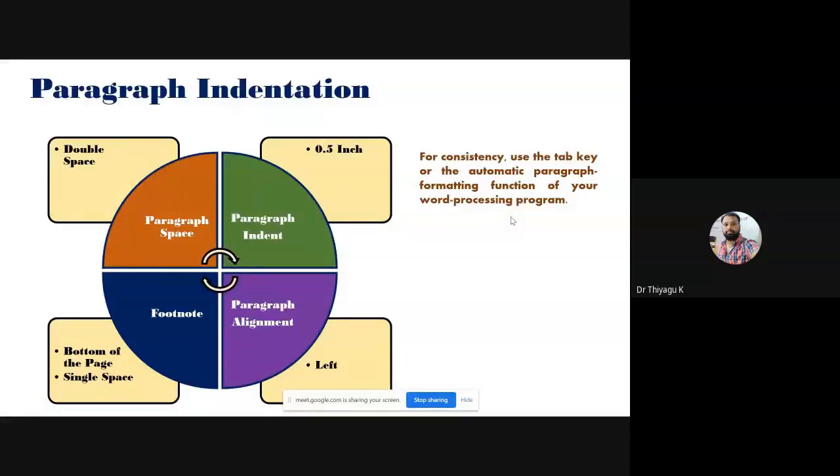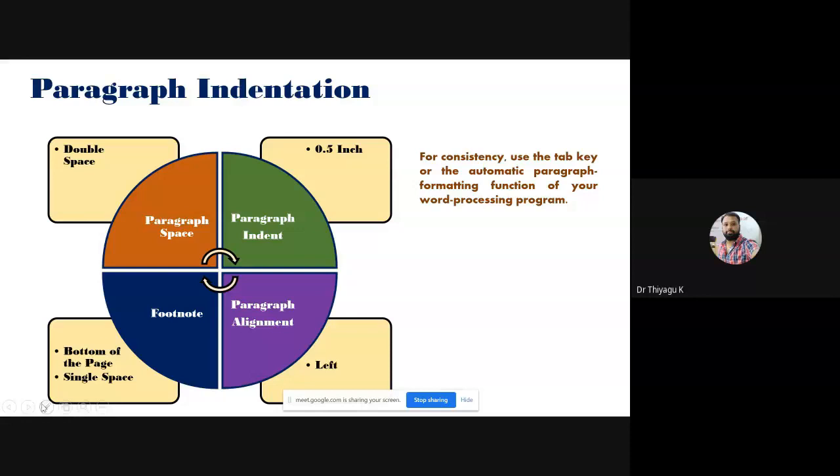So when we start the paragraph, the first line, whether we can start immediately or we can give some spaces. Can we give the spaces for starting a paragraph? Spaces in the sense that the first letter of the paragraph, where we can start. Any idea? That is called paragraph indentation. By default, all Word documents and word processing software have it. But we have to go with this one.